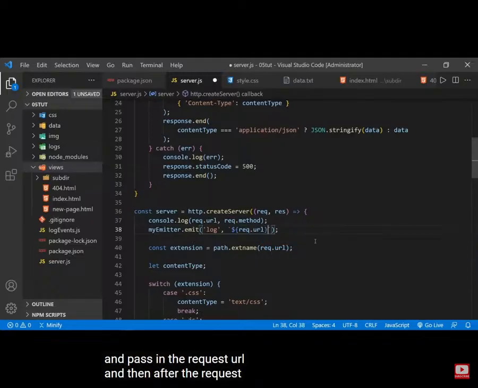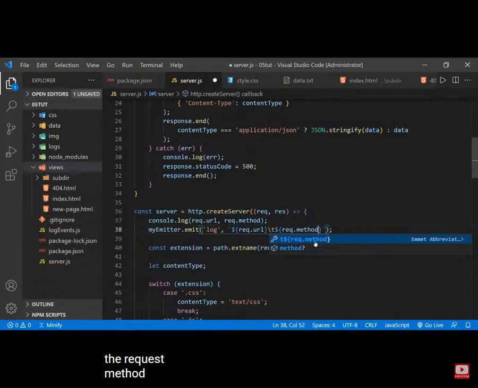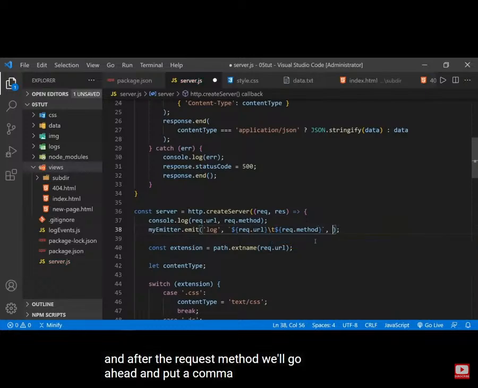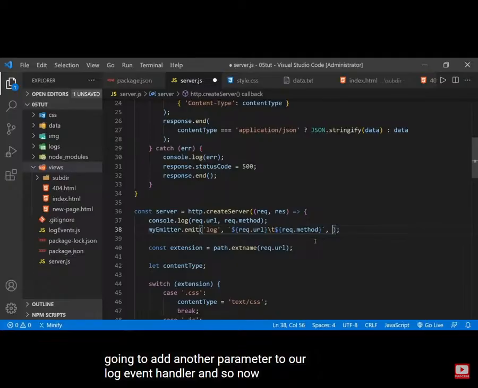And then after the request URL, we have a tab delimited log file, so we'll put in a tab. Then we'll put in the request method, and after the request method we'll go ahead and put a comma because we're going to add another parameter to our log event handler. And so now what we want to say is which file we want to put this log to, and this will be to the request